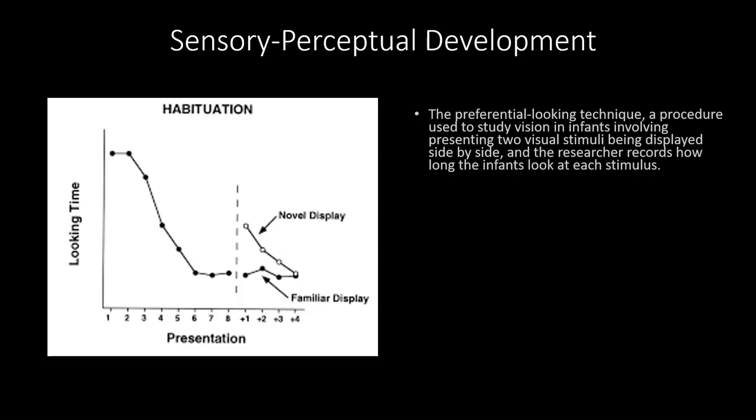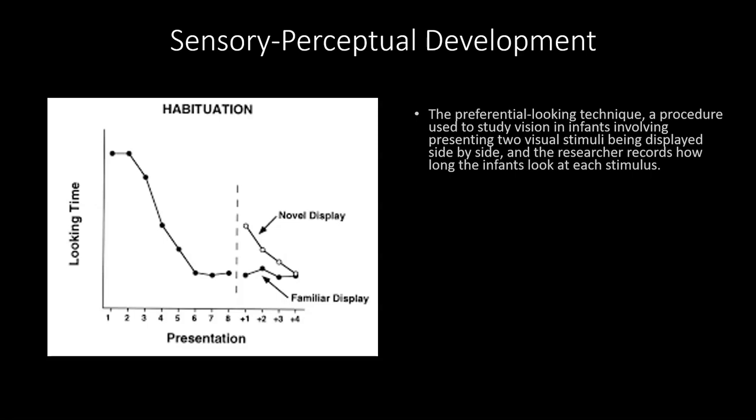So as a developmentalist, you're going to have to use some pretty creative techniques to study the development of sensory and perceptual abilities. One of the tasks that's been used is something called a preferential looking technique,